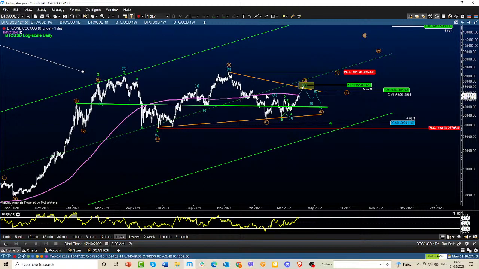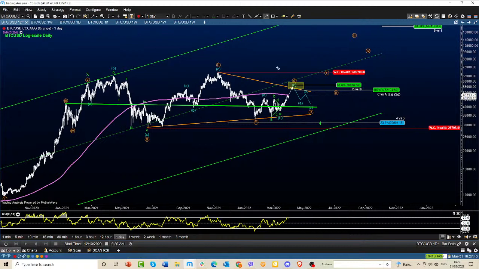Flats can be in a triangle as a part of a triangle. I get many questions in regards to that. So we do see this as a flat in A, up in B, down in C. Potentially this is a D wave. And as you can see here, we have something which all of the market participants are looking at. On daily, this is the 200 moving average. Okay. We touched that and we are retracing lower now.